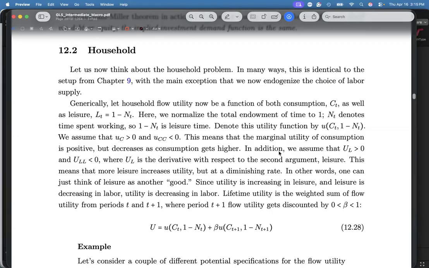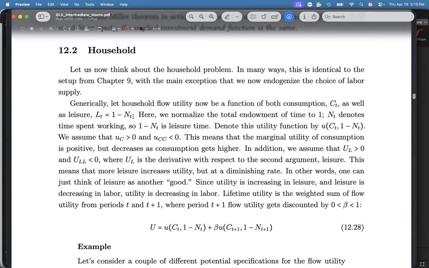Okay, households. So this is something that could probably be new. I don't know if you've seen labor supply, if this has been a topic in micro. If not, this will definitely be the first thing that you will learn in a labor econ class. And this is the classic, easiest way to deal with it. All right. So let's say that your household utility is not just consumption now. It's going to include something called leisure.